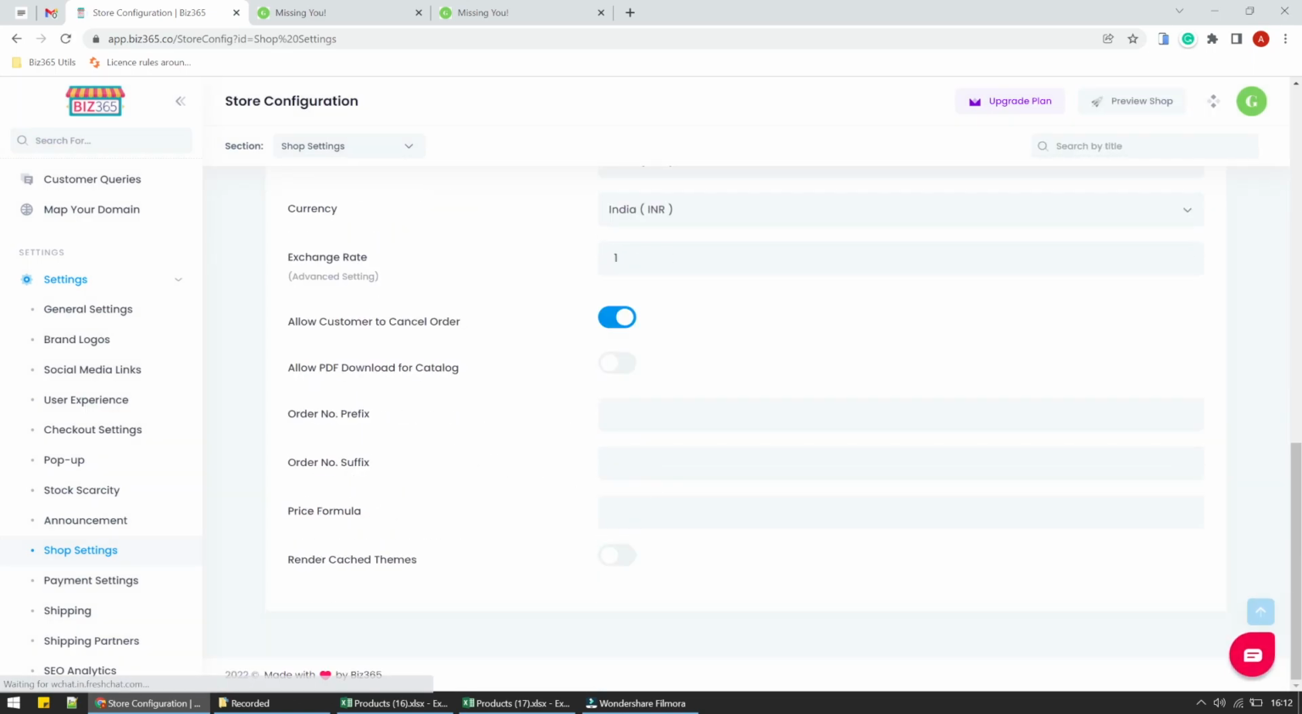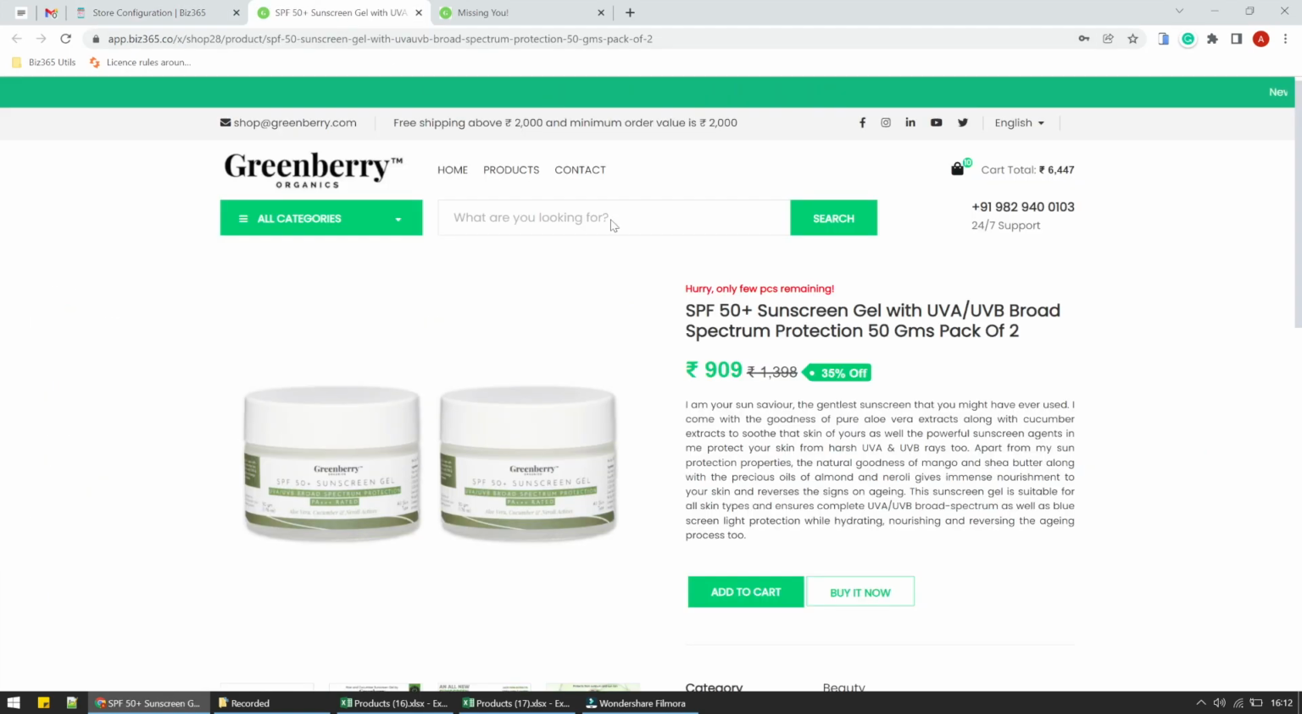Okay, there it is. So in order number prefix, we are just putting in Greenberry Organics. And in suffix, we'll say 2021 or 22 for that matter. And when we put this, now if somebody was to check out